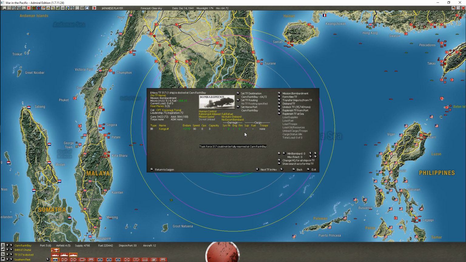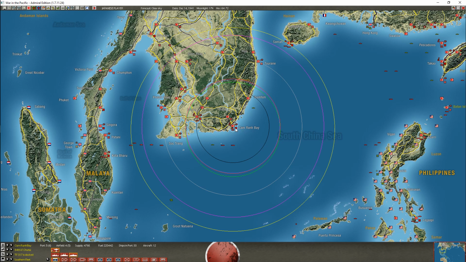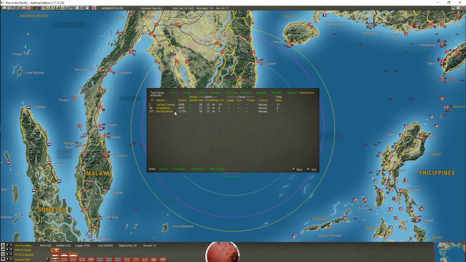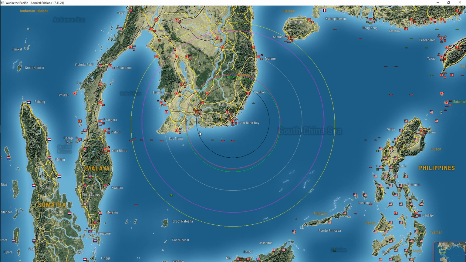Replenish. Hopefully over time it'll be able to be replenished. I do want that ammunition replenished. And if it can be repaired while it's here, then that's okay. Then the rest of the task force can head out. Of course they can't return over here, but I can have them...